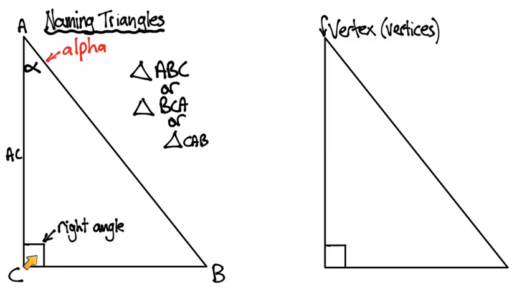The sides of a triangle are named by the letters at the vertices. So this line here runs from A to C, so the name of it is AC. This one runs from C to B, so the name of it is CB, and the same for AB. They can actually have another name for the sides, and that will be a single small letter. So this one could be called side AB or little c,